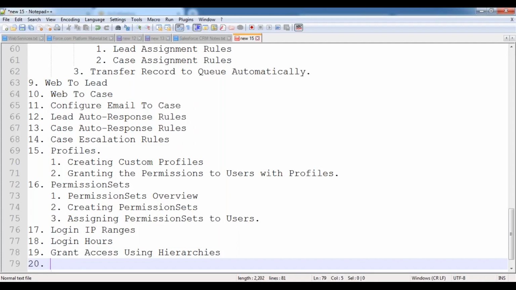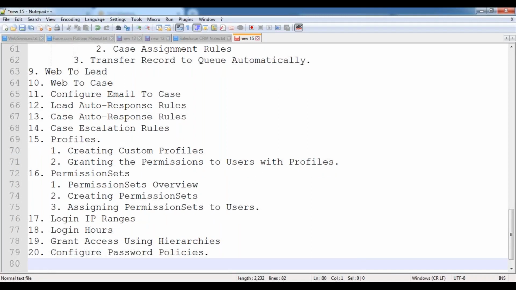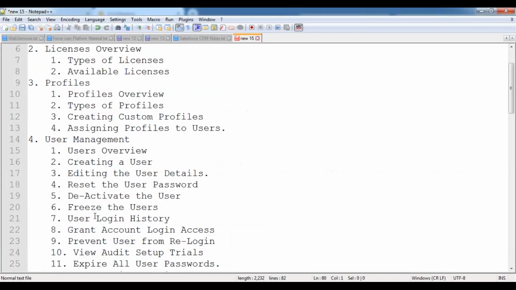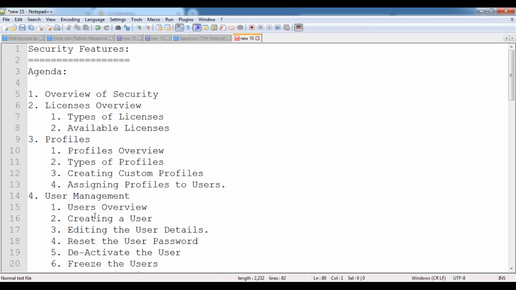We'll configure the password policies. Password policies. These are the various features we are going to be discussing as part of the security concept. Security feature is the most important feature as part of your configuration. Whenever you are attending the interviews,